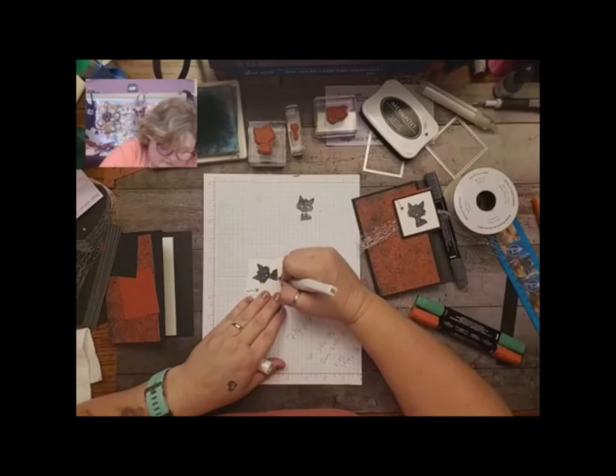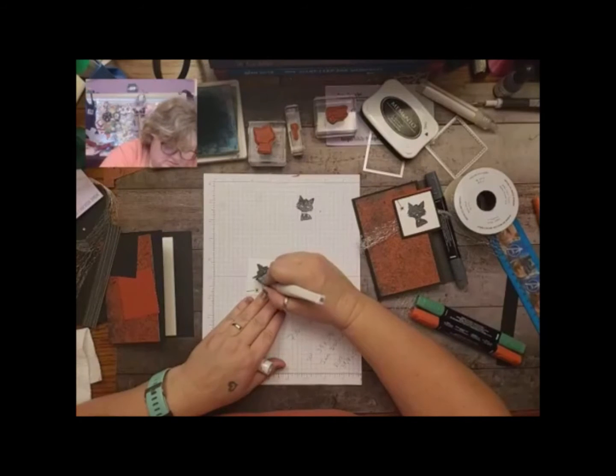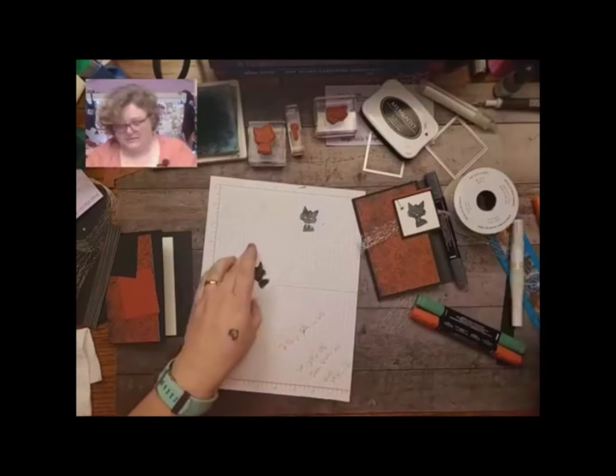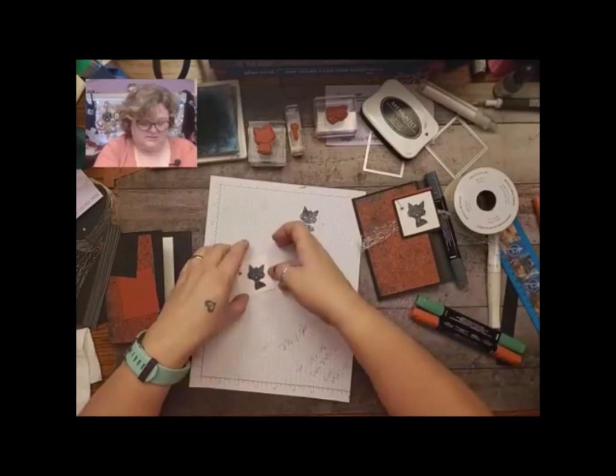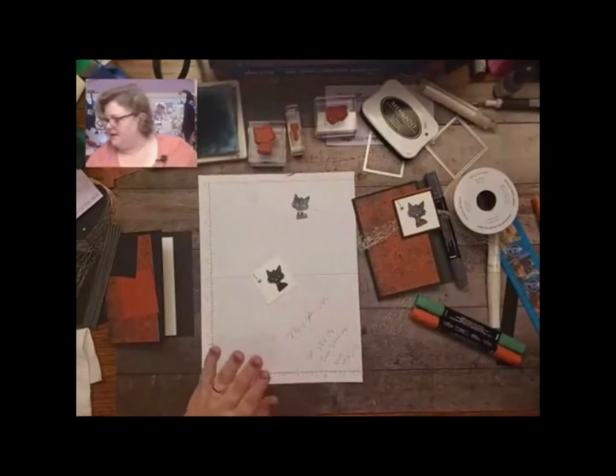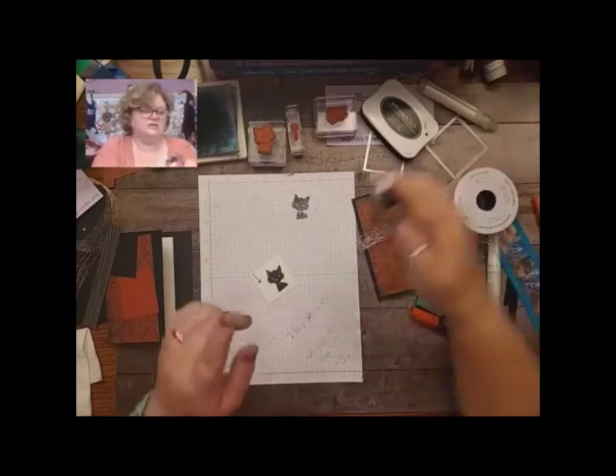This, of course, will make a fabulous little tag. Okay, so I've got him nice and winked. So cute. And then I'm going to add the crystal effects. So the crystal effects, like I said, can be used as glue. And then I need my tape and pick tool. I've got to make sure I have my